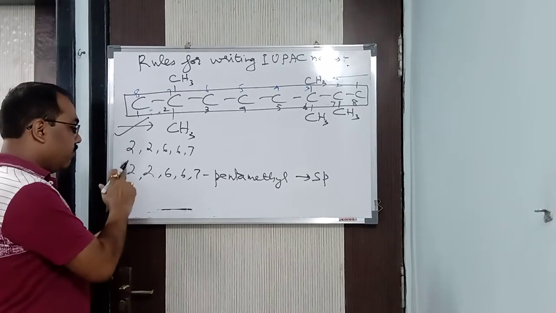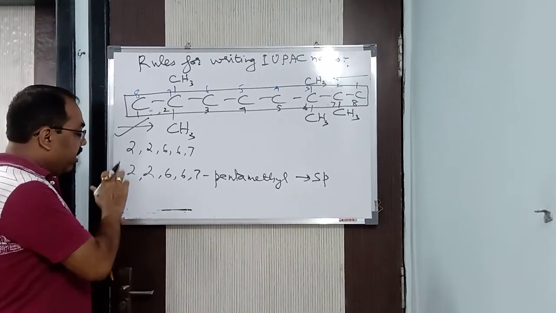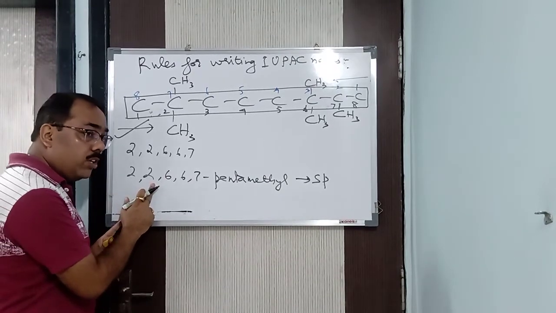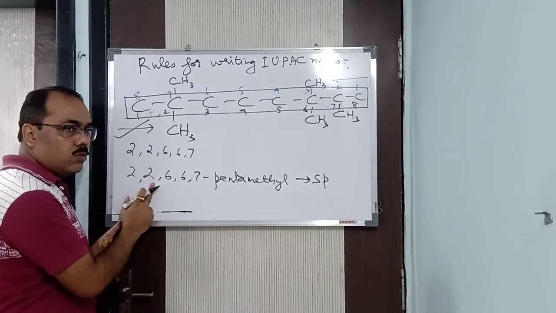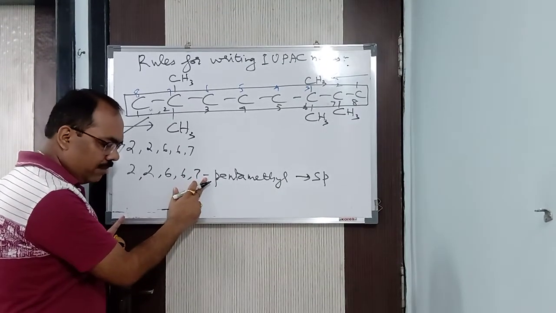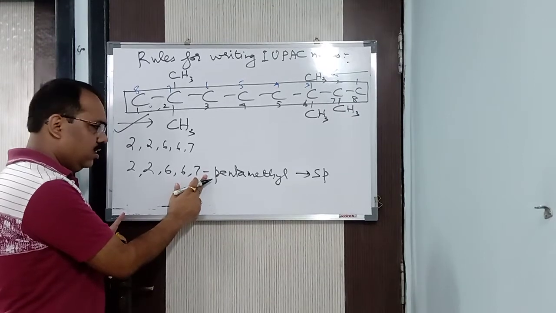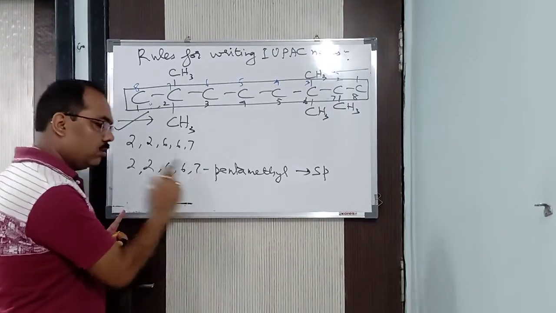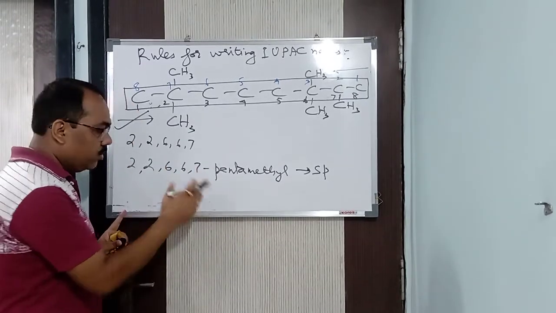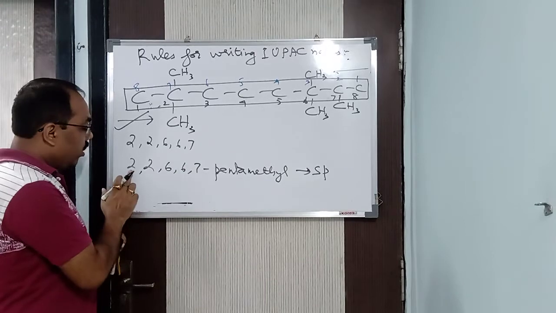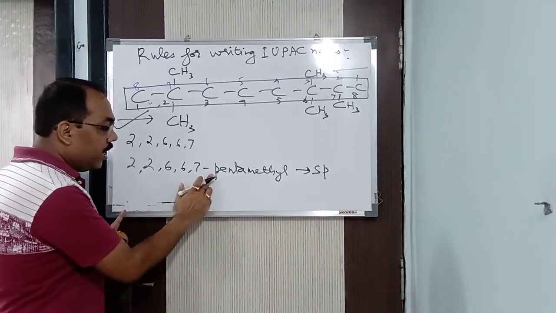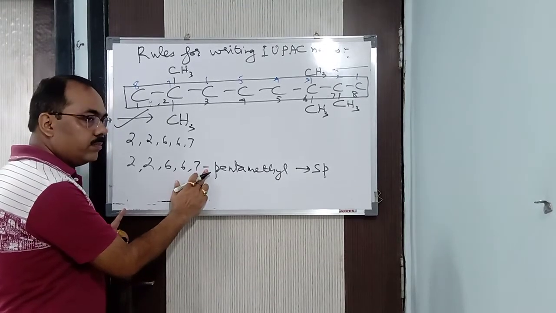So the rule says, another rule, here it comes, that when a number of prefixes are there, then between the locants, a comma should be used. That means between the numbers, a comma should be used. And between number and alphabet, a hyphen should be used. Hyphen, in English I am talking, so it is a hyphen, but actually in chemistry it is not a hyphen, it is a bond, a single bond. Got it? So while speaking English, I cannot say a bond should be used. So I will say hyphen should be used because we are acquainted with this word. So in this way, between numbers, a comma should be used, and between number and letters, a hyphen should be used. Got it?